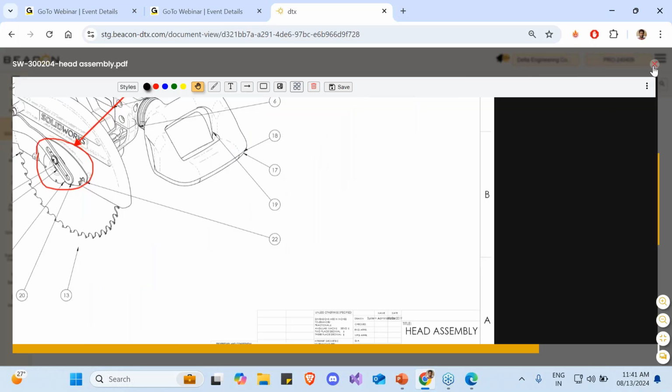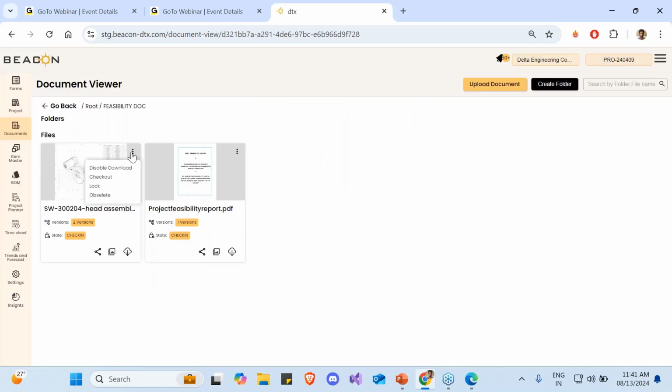Now, apart from this, what else we can do is, when it comes to sharing the data, we have a few more options which the person who is sharing, in this case it could be you, can use. We can do some control checks like disable downloads. So what happens is that the vendor will not be able to download this file for his usage. He can only see it in the browser of the DTX. Further, we can have control on who can download the documents and who cannot. And this is specific to the document and the persons whom we have shared. So in this case, I have shared with Shrigana, so it will apply to her. If there are multiple users, then it will apply to all of them, saying all these users cannot download, or whatever the case. Okay.